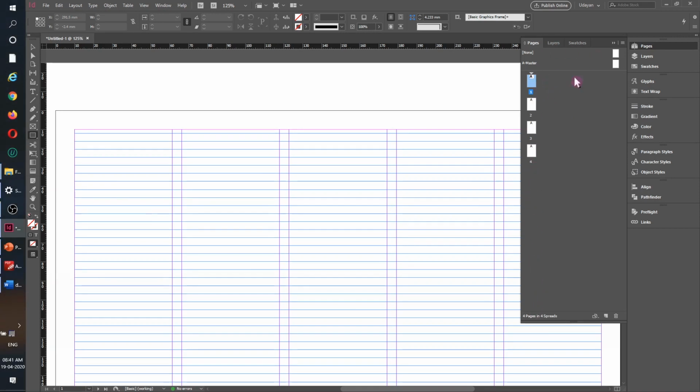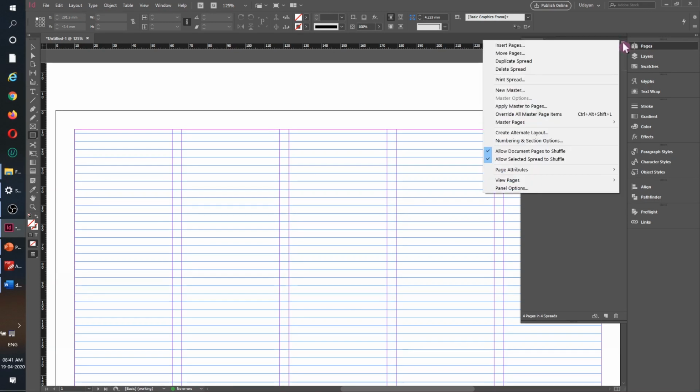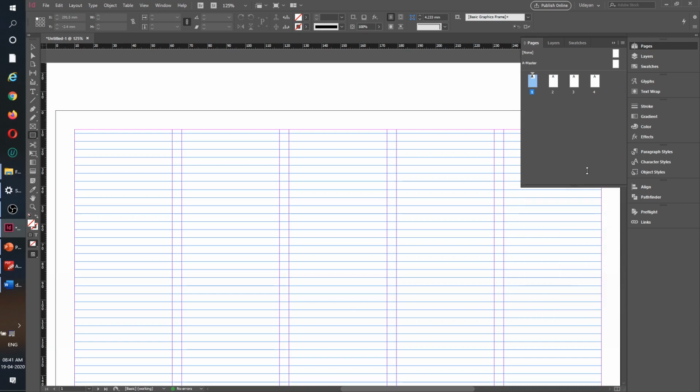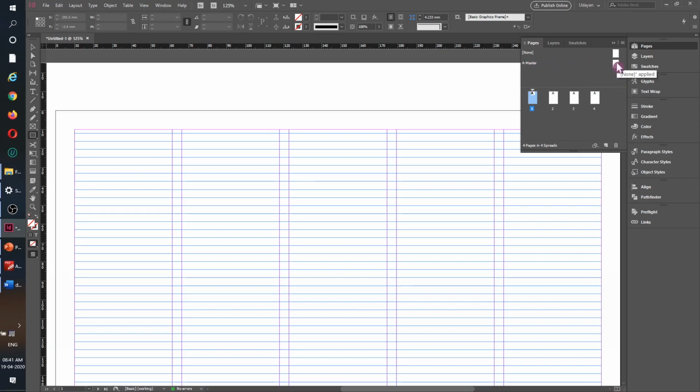So what we do is we go to the page panel menu, go to the view pages, and make sure they are organized horizontally so that I can accommodate more pages, and I really don't need such a big panel. And if needed, I can also give some space, because in newspaper we have many master pages, at least 2, where one is designed for the front page and all section front pages.